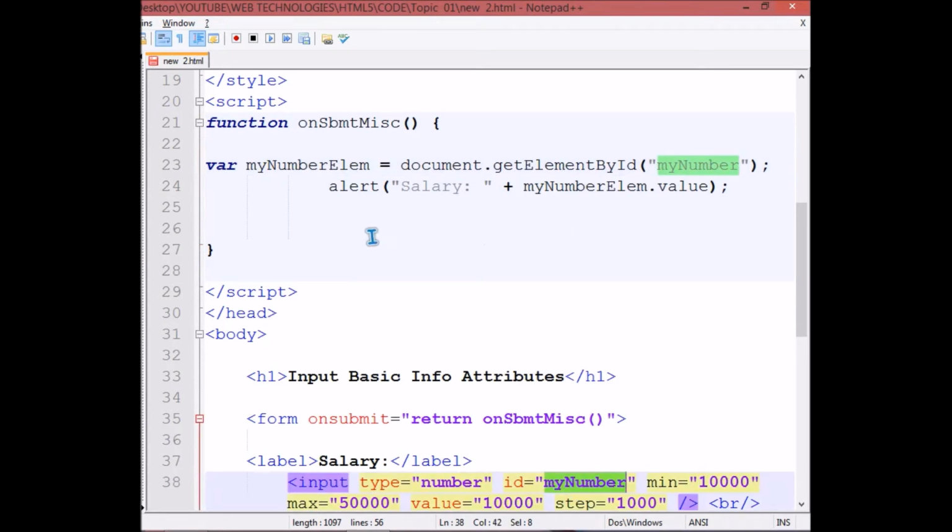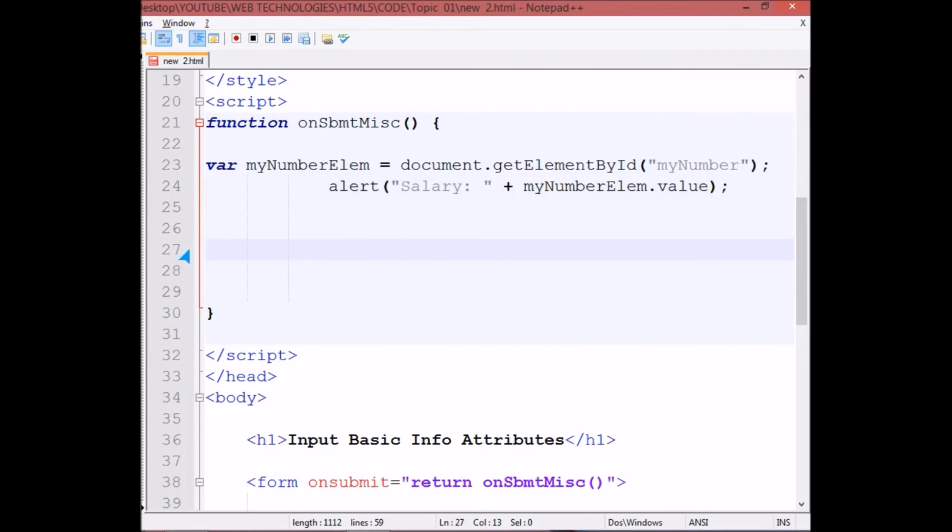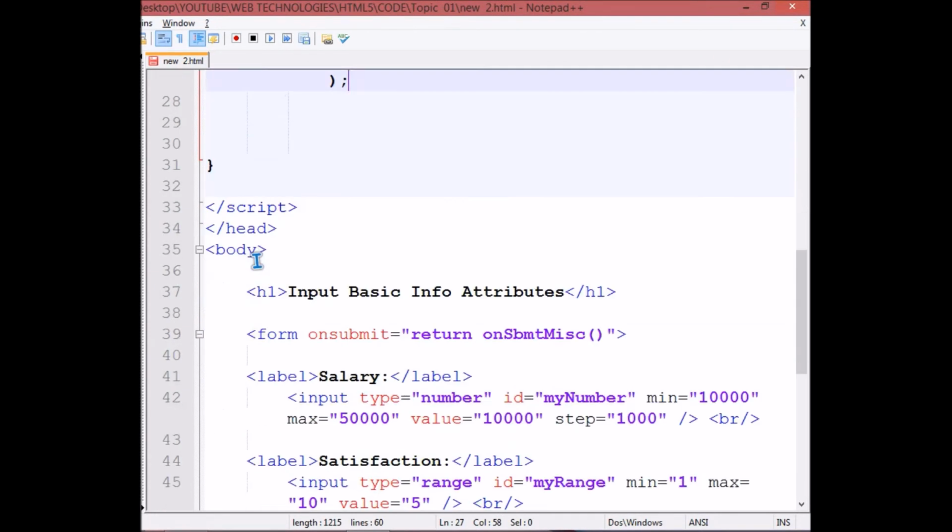And we have simply given this value in an alert so that the user can see. Similar thing we'll do with the range,